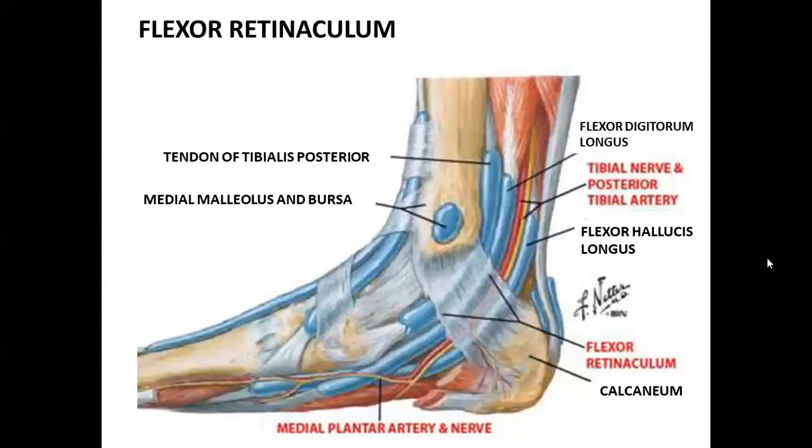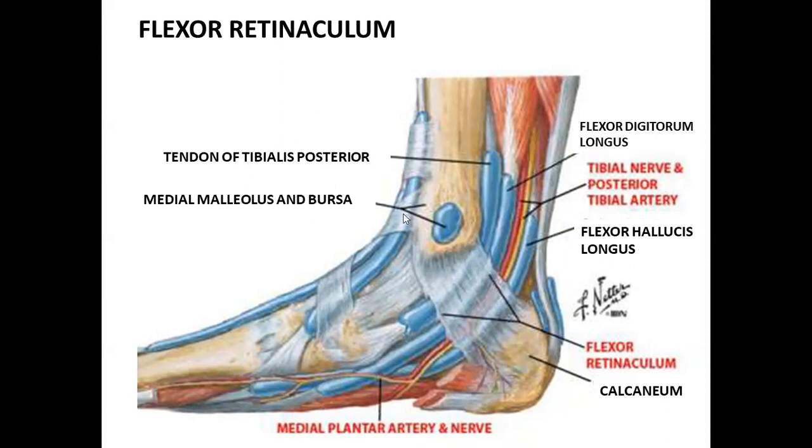Now, the important topic is the flexor retinaculum. The flexor retinaculum is a thick, broad band of deep fascia which is present on the medial side of the ankle. It lies behind and below the medial malleolus. So this thick band, which is about 2.5 centimeters broad, is your flexor retinaculum. As you have seen retinacula in other parts of the body and in the foot, in the leg as well the main function is to keep the tendons and the nerves in position.